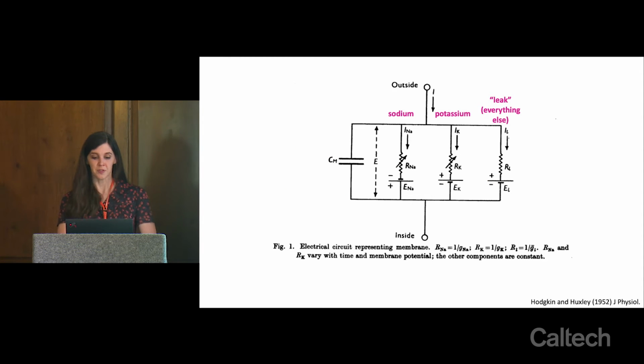So this famously was the basis of the Hodgkin-Huxley model, which was published in the Journal of Physiology in 1952. This is the summary diagram of the electrical circuit representation of the cell membrane. Hodgkin and Huxley added in 3 of these channels: one for sodium, one for potassium, and one which was just a leak channel, a catch-all term for any other electrical difference across the membrane of a cell. Two of these ion channels, the sodium and the potassium, are voltage-gated ion channels, so how open or closed the channel is a function of the membrane potential of the cell, the voltage difference across the cell membrane.